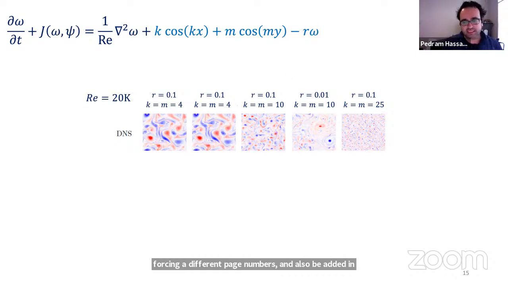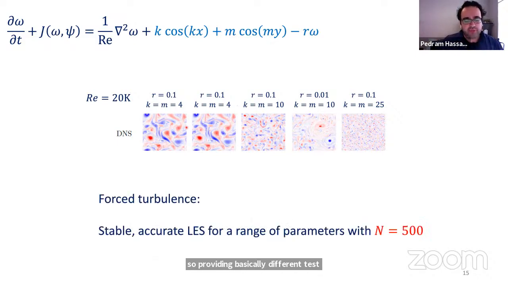And so here we can generate, at a given Reynolds number, different kinds of flows when they have forward cascade versus inverse cascade. They can have different scales when we do the simulation, so providing different test cases to look at what we do. And again, for all of these, we can build a stable, accurate LES for a range of parameters with 500